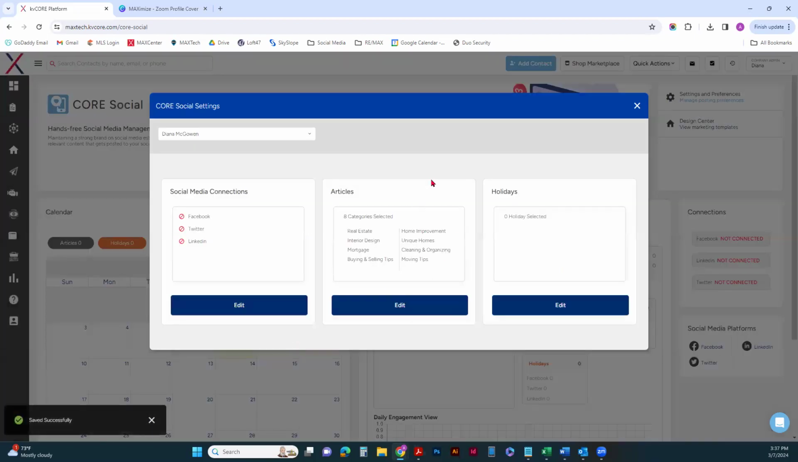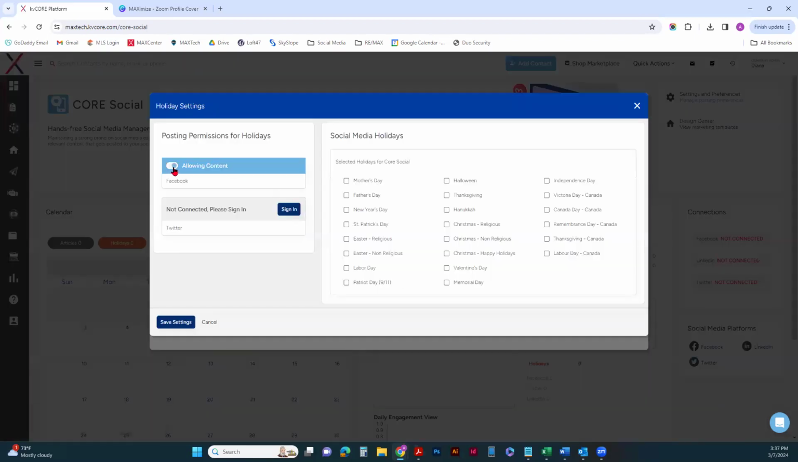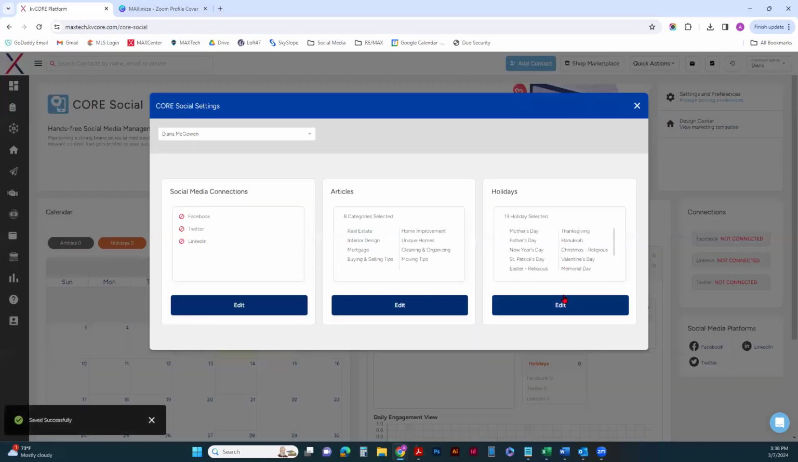We have our categories. Then the third tile is for holidays. So we're going to come through. Also turn on allowing content. We want to do Mother's Day, Father's Day, New Year's Day, St. Patrick's Day, Labor Day, Halloween, Easter, Thanksgiving, Hanukkah, Christmas, Valentine's Day, Memorial Day, Independence Day. They have some Canadian ones. Hit Save Settings. And now that you have everything turned on and your articles selected and your holidays, you can